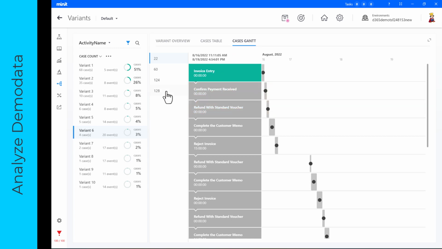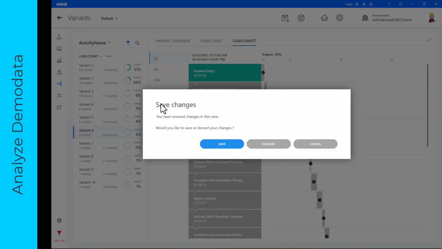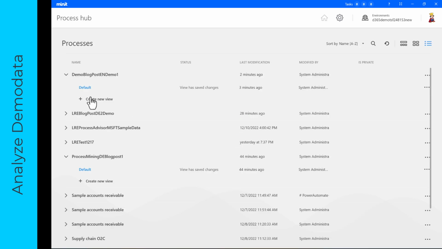So a lot of possibilities, and of course there's a comparison, because you can save this variant that you have. If I'm going back here, it will ask me, do you want to save it? I don't want to, but I could save it and then do a comparison, for example, of different variants or different processes or filters that I applied. All of that is possible,